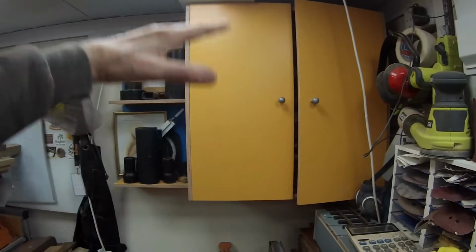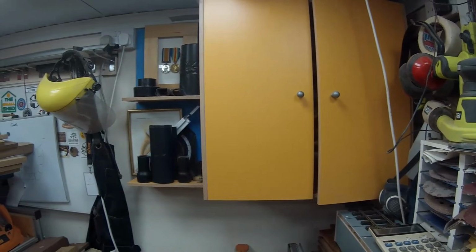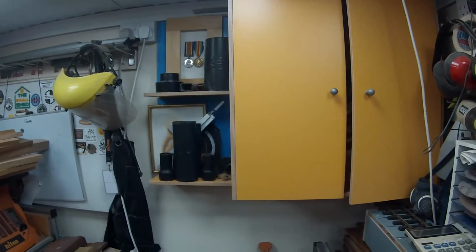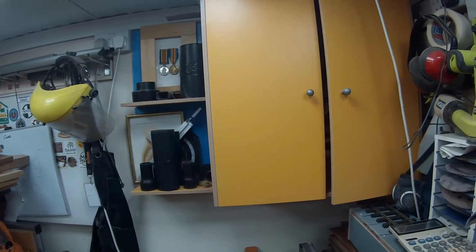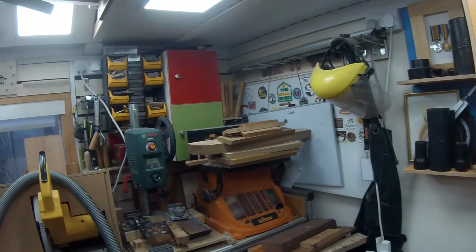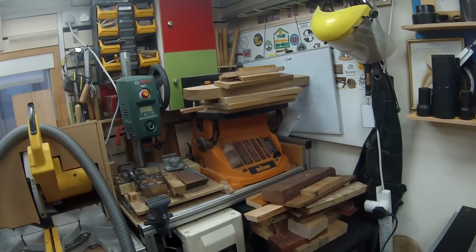This one is quite accessible as long as I keep it relatively clear of the table like that, and again that wants to be tidied up a bit, but I think we'll have a nice new unit made out of oak or sapele or something. So we've got some projects to be going on with for that, and now I also want to have a look at dust extraction,